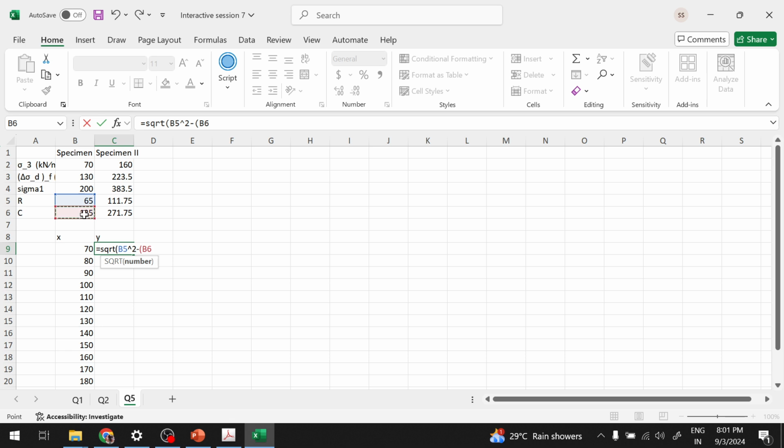It will be center minus x square, and let me fix this and this. Okay,